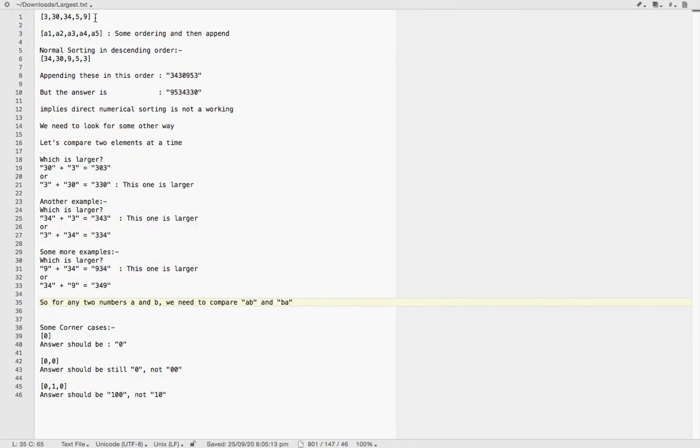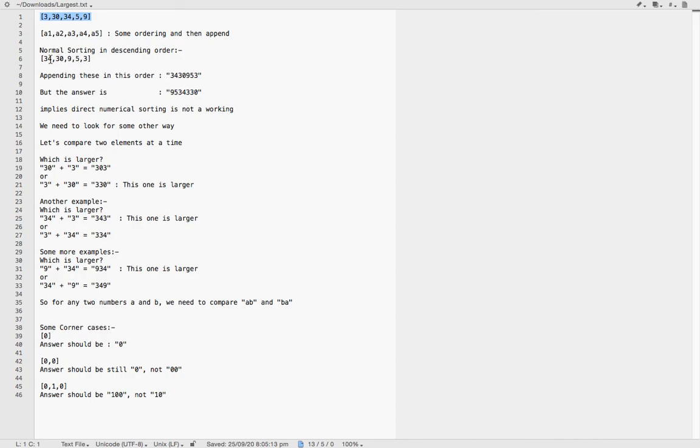Here we are given this array of 5 numbers. We need to find some ordering such that after appending them in that order we get the largest string. So let's try to sort them directly according to their numerical value in descending order and see what we get.